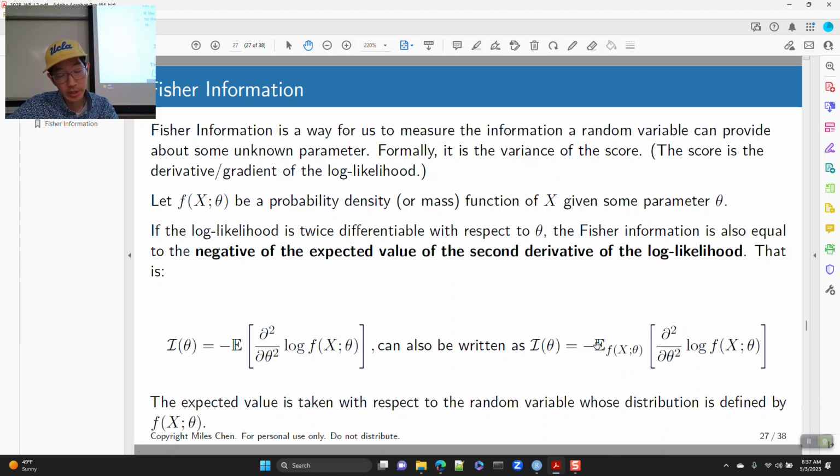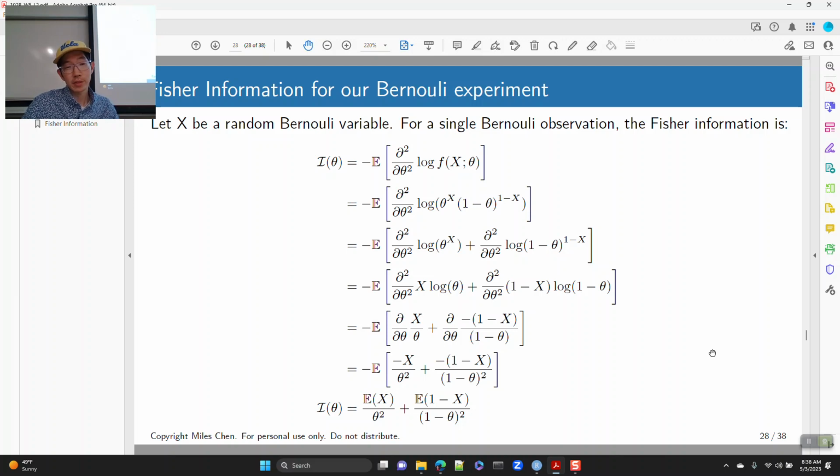Because we're asking, do we take the expected value with respect to what, to theta or what? No, we're taking the expected value with respect to x here. So it's the negative of the expected value, where x has this PDF or PMF f of x, and we're taking the second derivative with respect to theta of the log likelihood. Okay, so